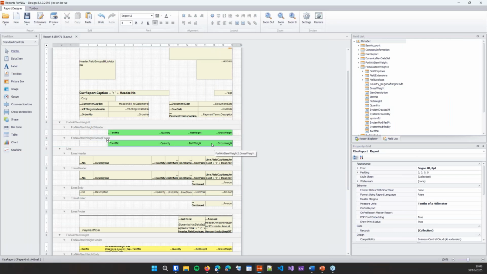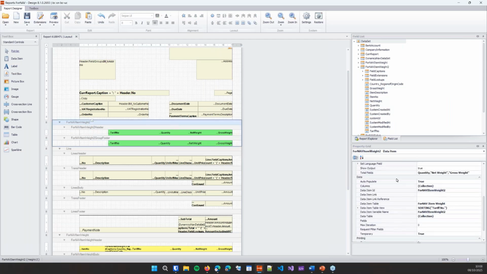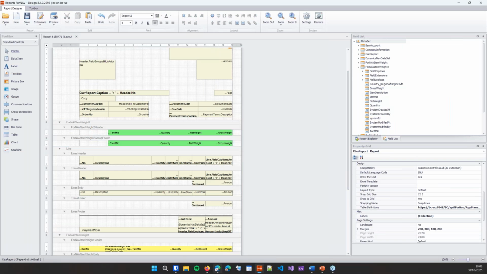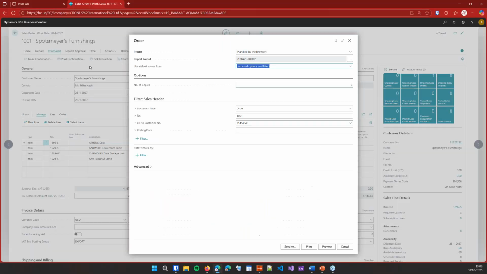Now, every time you add decimal fields or integer fields on a group footer, FORNAV will automatically add these fields to the total fields. And the total fields is a list of fields that we want to automatically calculate. Sometimes you don't want to automatically calculate the decimal field, you just want the raw value. And in that case, you can remove the decimal field from the total fields and FORNAV won't calculate it. For now, I'm happy with this, so let's